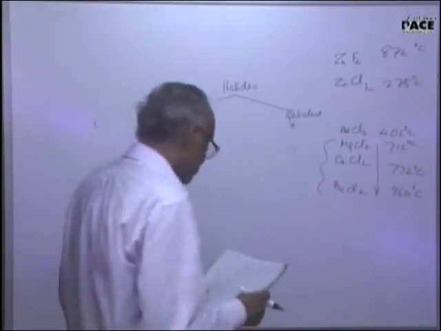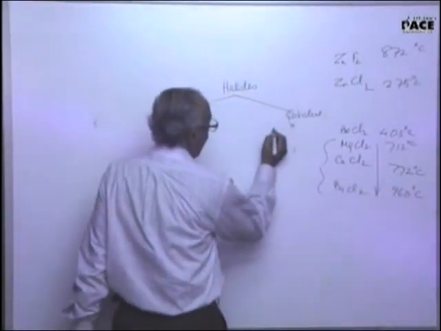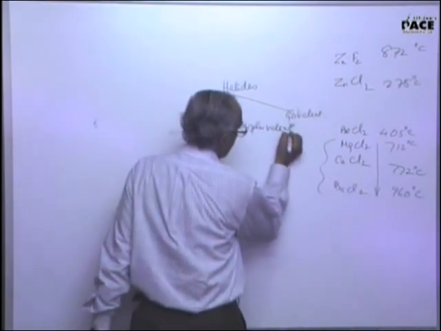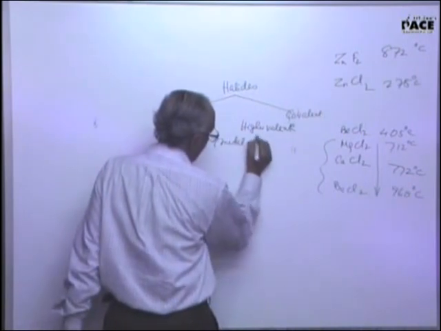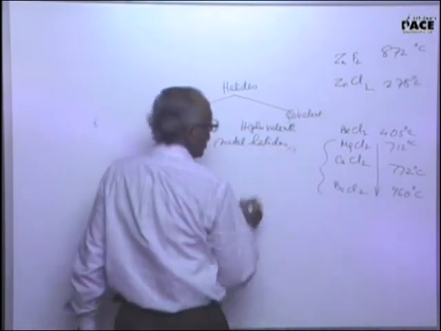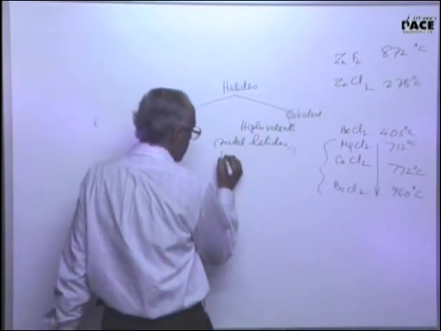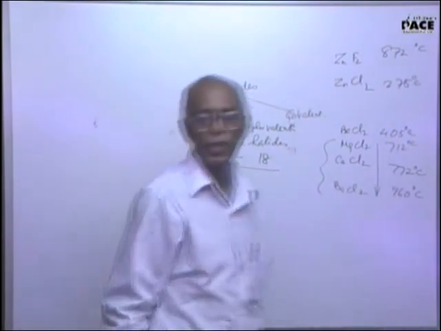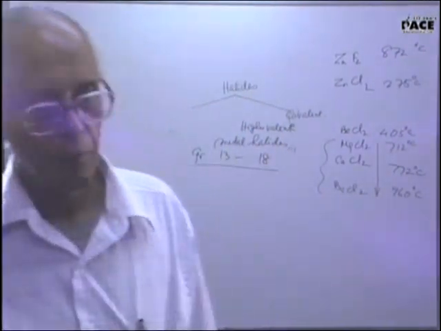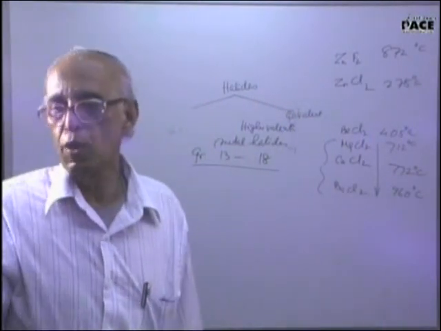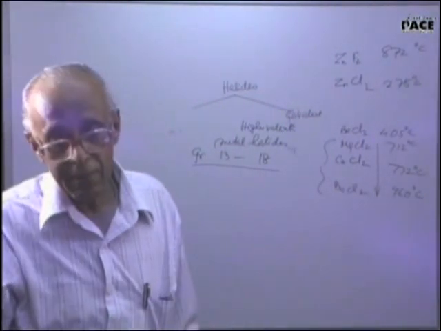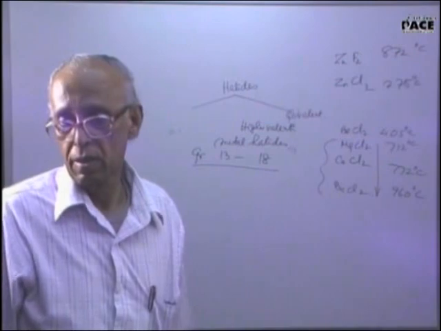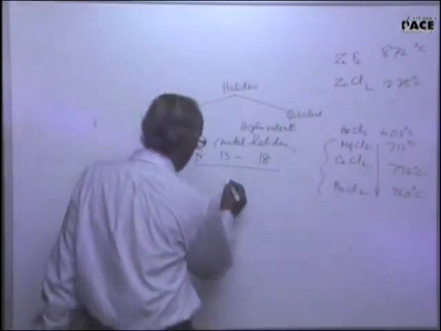The covalent halides are formed by higher valent metal halides and groups 13 to 18. They form the covalent halide. So all non-metallic halides are covalent halides. And the metal in a high oxidation state also forms covalent halides. For example, aluminum chloride,